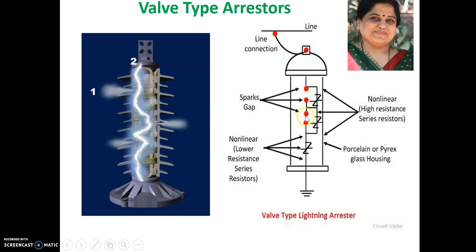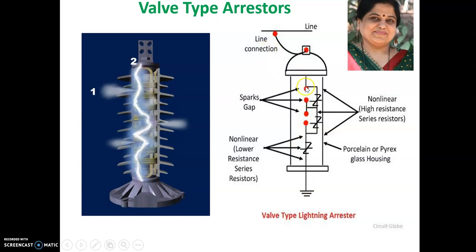Current will not flow through this path to the earth, but current will flow through the intended path of the transmission power line. When lightning occurs, very high voltage comes across this gap, ionization of this gap takes place, and the whole high voltage will discharge to the earth. So a simple gap can act as a lightning arrestor.